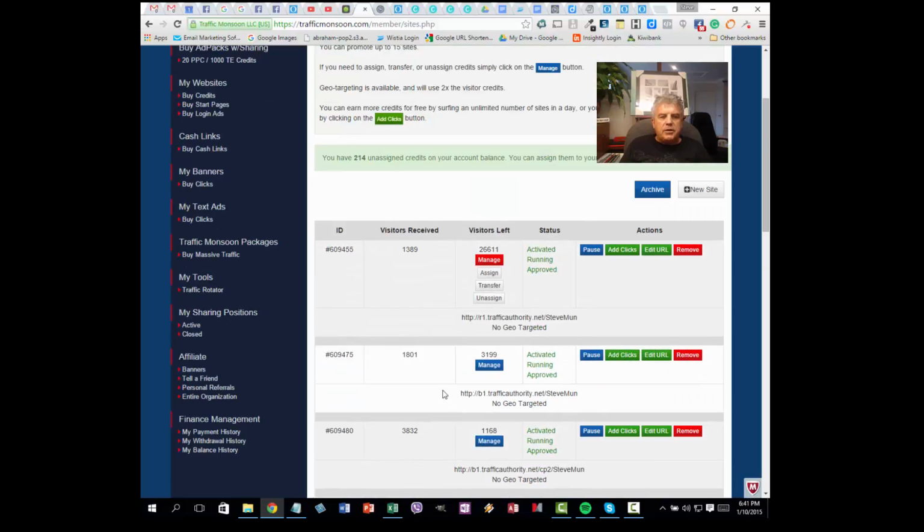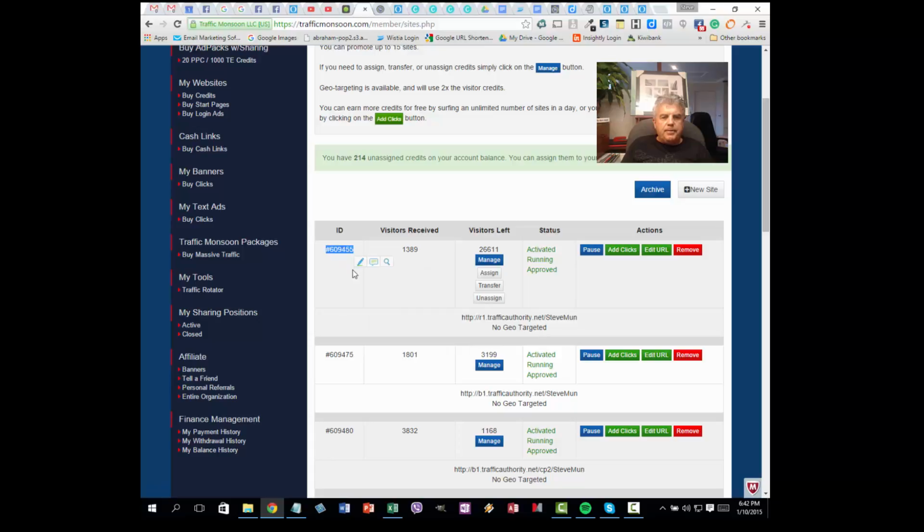So that's how you do that. You don't have to buy them individually. You buy them all in one pack, and then once you've got your banners set up and they've been approved, you just manage the links by assigning them through to the other banners. So how you do that is you see that you have the ID for this particular banner or this particular website that you're driving it to. What I normally do is I just copy this,